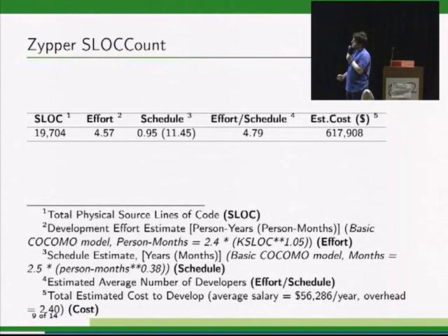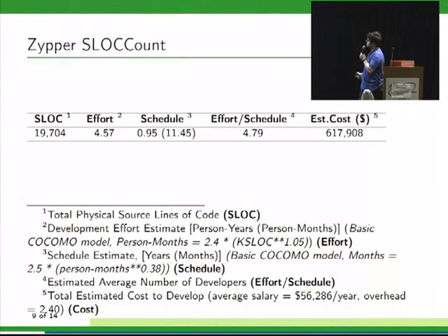Apart from the tools that we run, we made a cost estimation of the project. In this case, it's Zypper. So by running the SLOCCount, you get these results, which is the source SLOC, the total amount of lines of code, the effort which we calculated based on the COCOMO model, which means person per month, the schedule, so we make a schedule estimation. Then we divide the effort by the schedule, and then we made the cost estimation for the development, which is